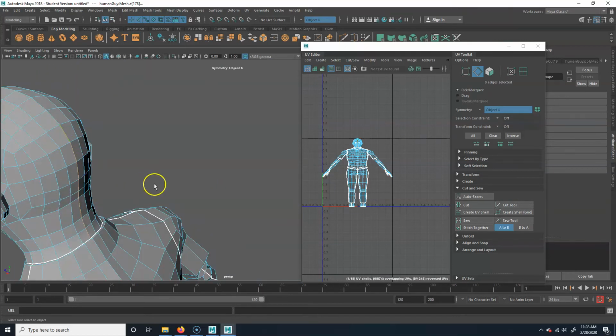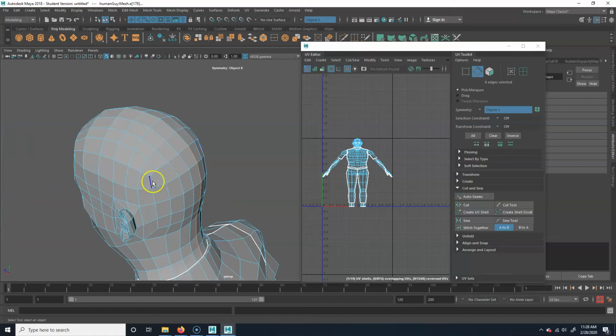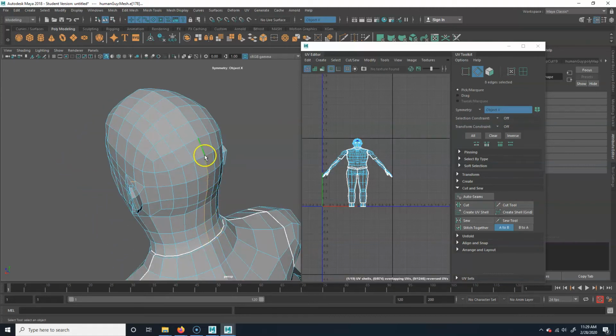And all the way up to here. And you see where we have these three side panels? Like this would be one part of the box, and this would be the back panel of the box, and then this would be the side panel of the box. So I want you to go up the center of the back of the head. Then once you get to here, where it divides, come across here